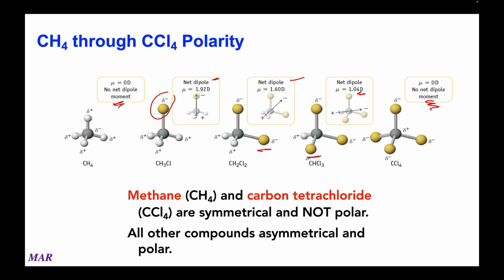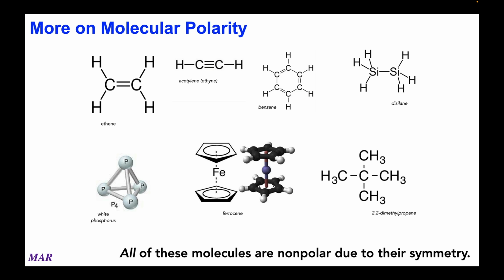It shows the importance of knowing if something is symmetric or asymmetric. All of these molecules shown are actually symmetric, and it's something we'll talk about more in future lectures. But if you have like a central point where everything is the same around it, it's going to be nonpolar. So as an example, this compound ethene in the upper left, you can have like a dot right there in the middle, and everything on the left and the right is the same, and this is a flat molecule. That's going to be nonpolar. And acetylene, which has a triple bond, you can do the same thing. Everything to the left and the right of that molecule will be the same,